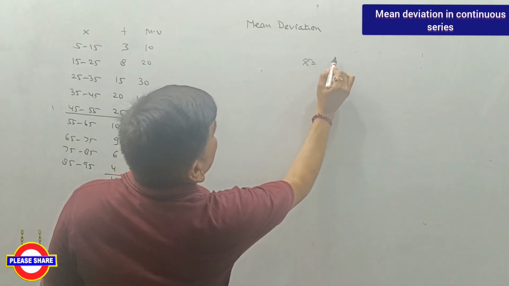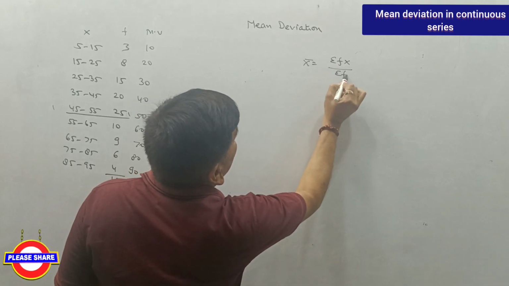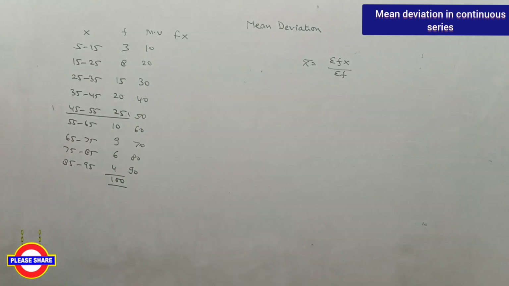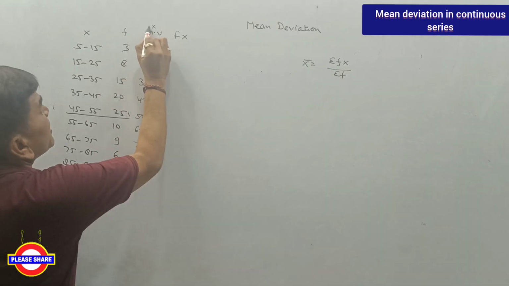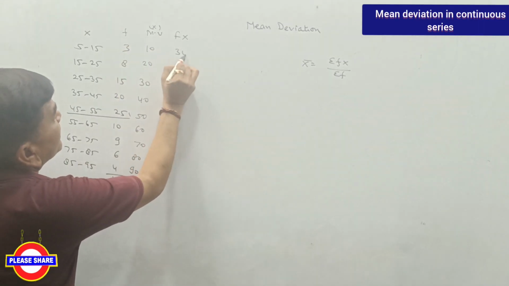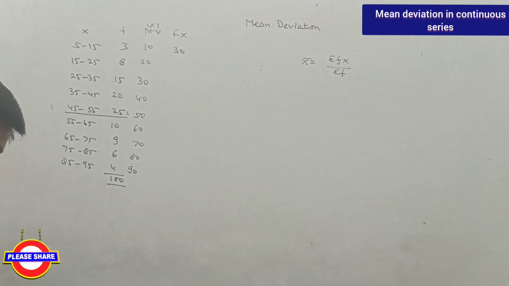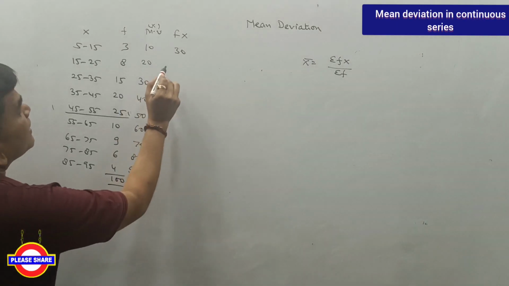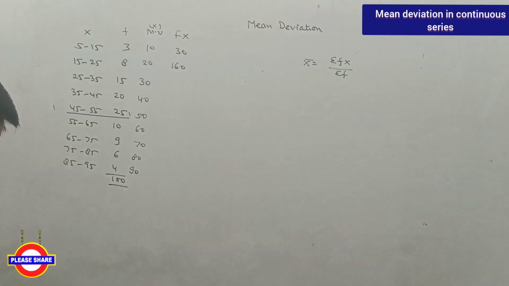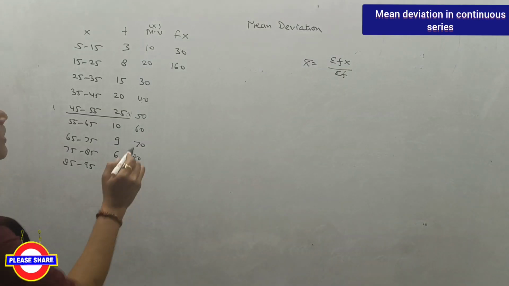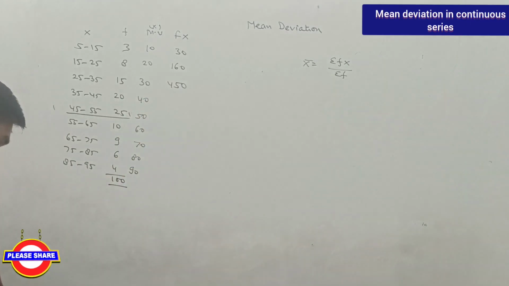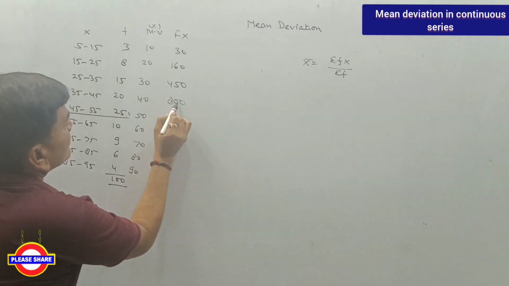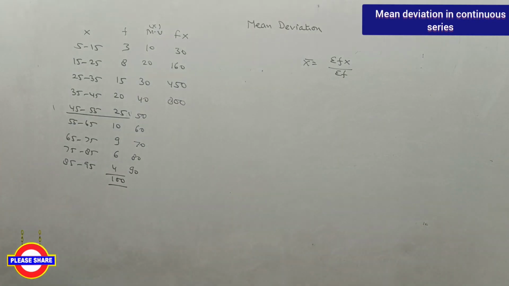X bar is equal to sigma fx divided by sigma f. So for that, we require f multiplied by x. 3 multiplied by 10 is 30. 8 multiplied by 20 is 160. 15 multiplied by 30 is 450. 20 multiplied by 40 is 800. 25 multiplied by 50 is